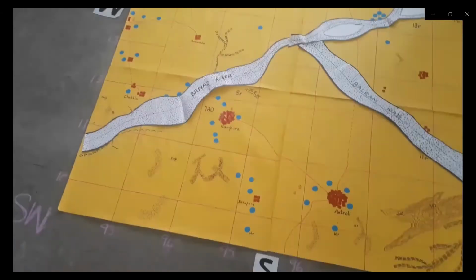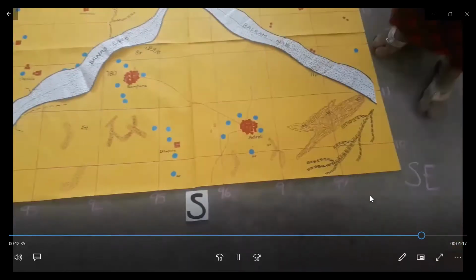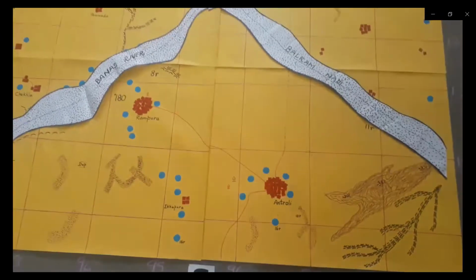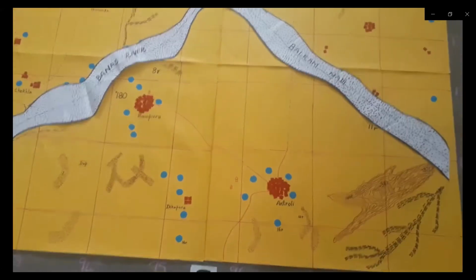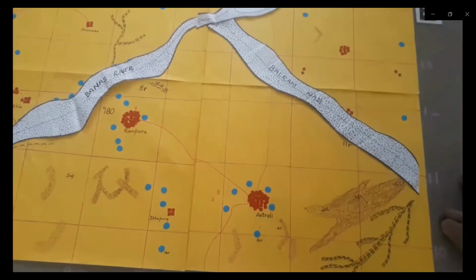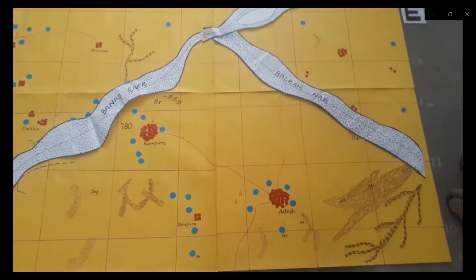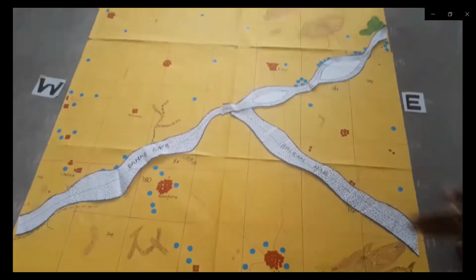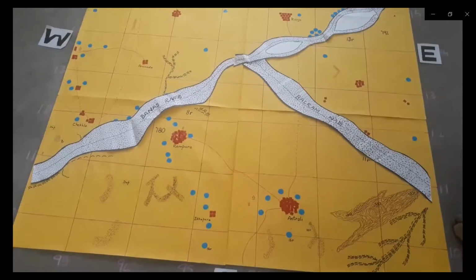Clear, children? Now see this settlement Antroli. If I ask you, Antroli is on which bank of, suppose, Balram Nadi? So similarly, you have to go and stand at the source of Balram Nadi. Balram Nadi is flowing in this direction. So I can say Antroli is on the left bank of Balram Nadi. Because if I am facing the map, my right hand is the right bank, my left hand is the left bank. So Antroli is on the left bank of Balram Nadi.